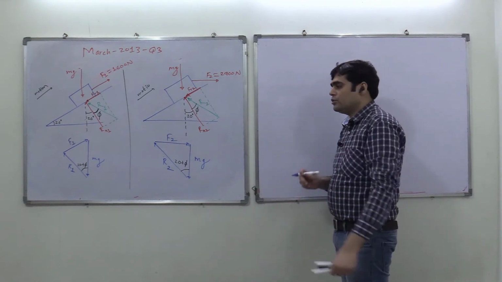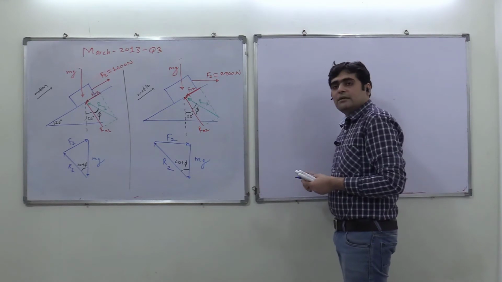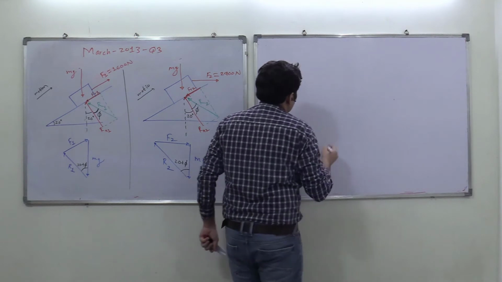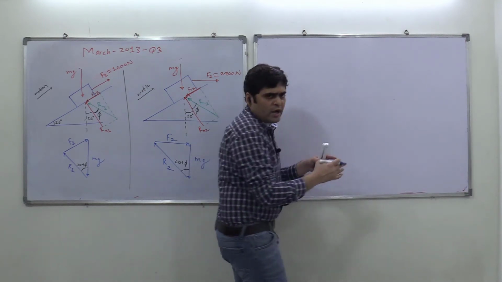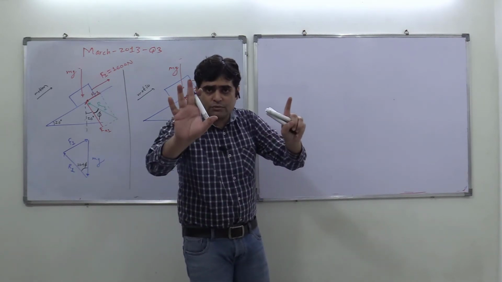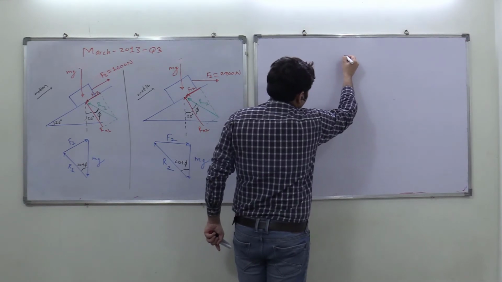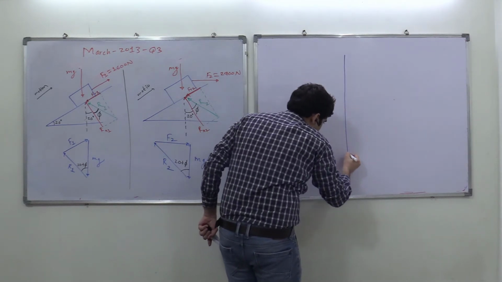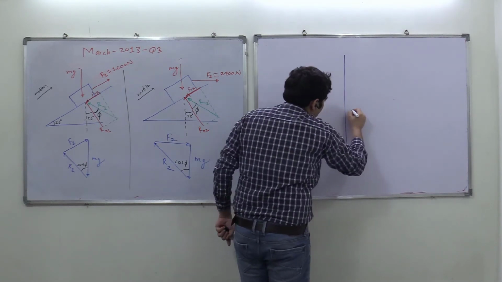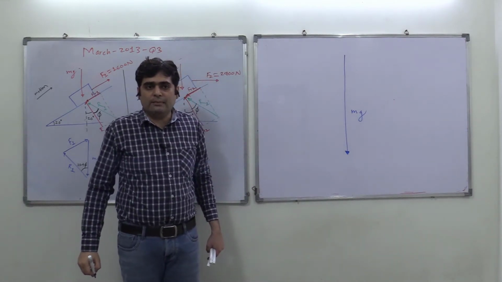First of all, what are we going to draw? mg. How to draw mg? Okay, see the scenario. Very important discussion. So here I am going to draw one enlarged view. Try to see the scenario here. This is our weight mg. Weight mg is vertically downward. Okay, are you getting my point?